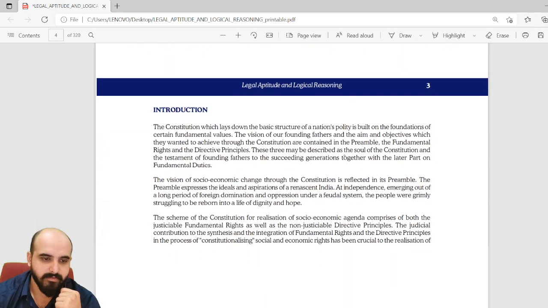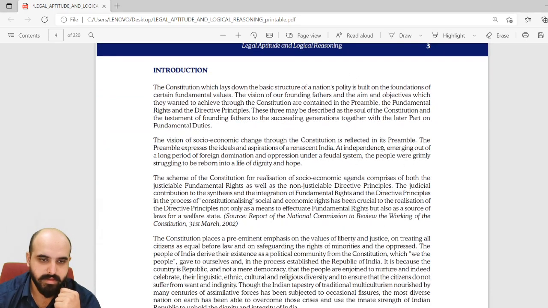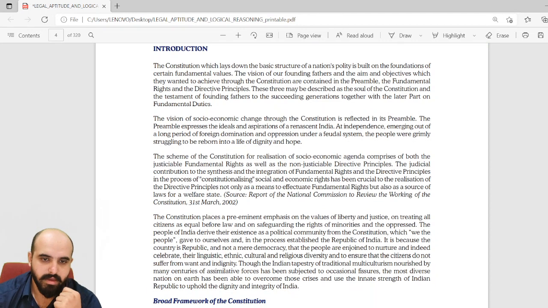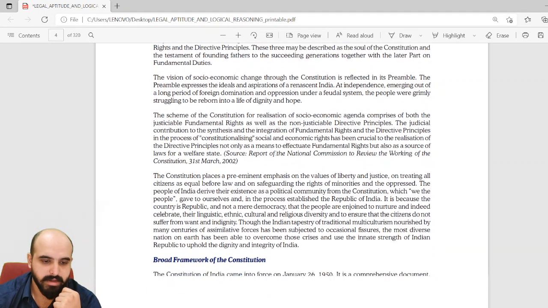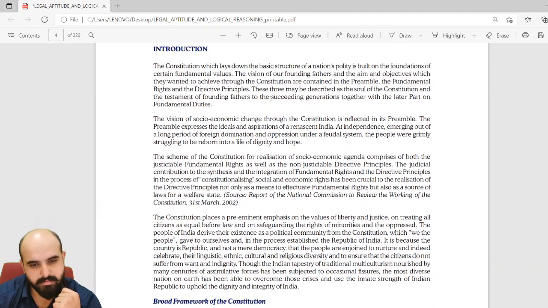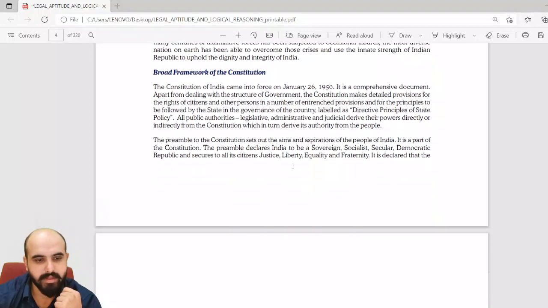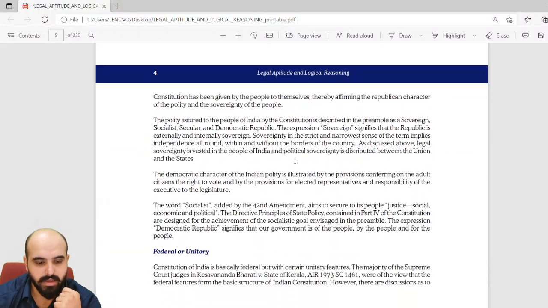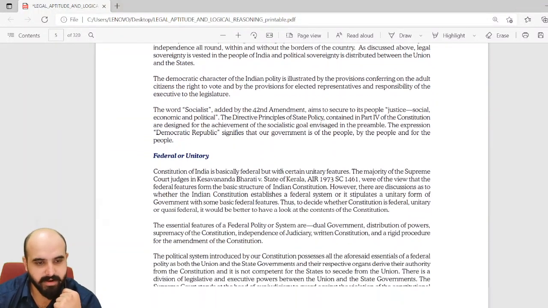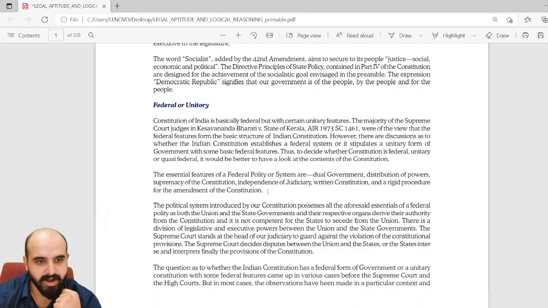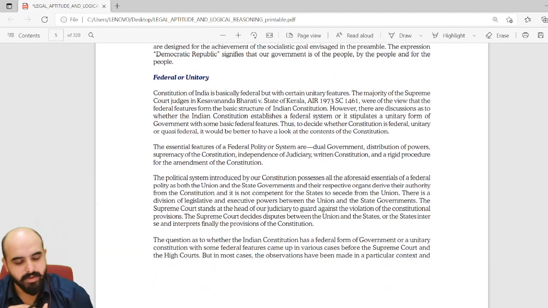Now if you go through the introduction, you'll see I basically covered all of it, right? So now we'll move ahead. We complete the broad framework. Now we'll move ahead with federal or unitary structure,